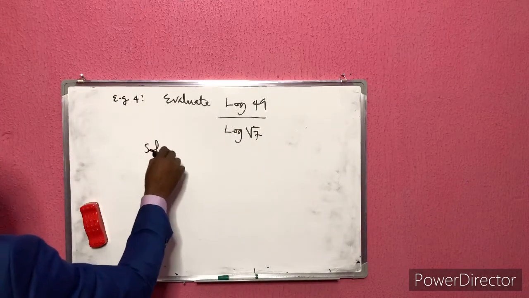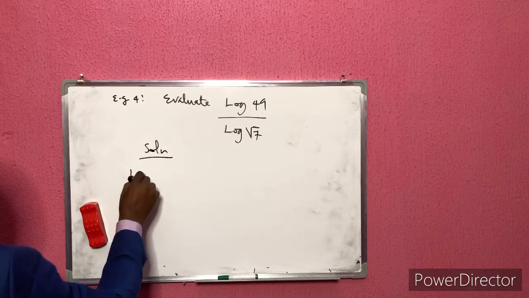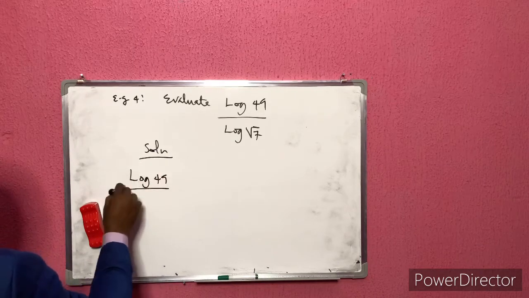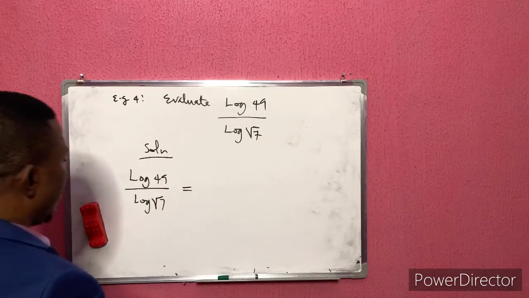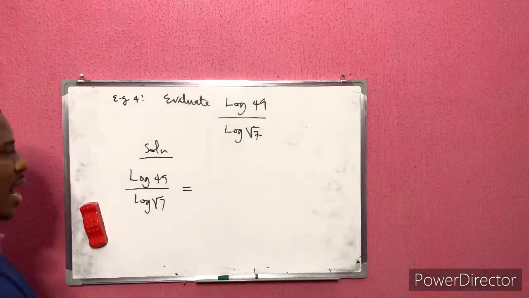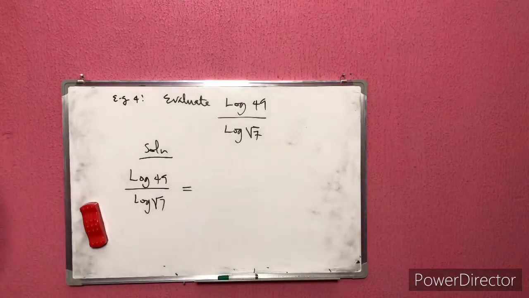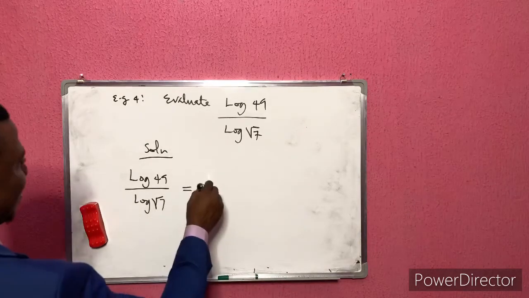Solution. Log 49 over log root 7 is equals to, remember our rule. Remember our rule? So what do we do? We can say that